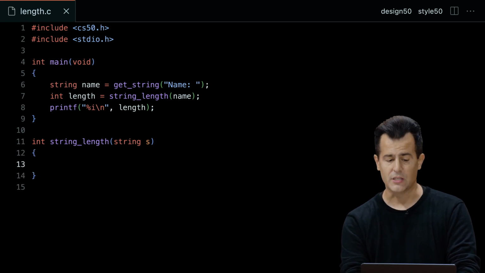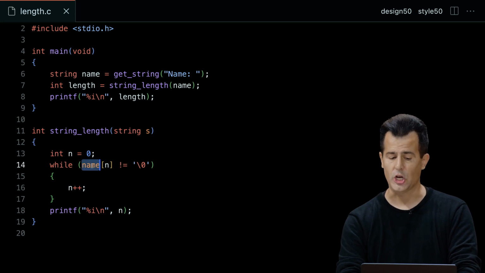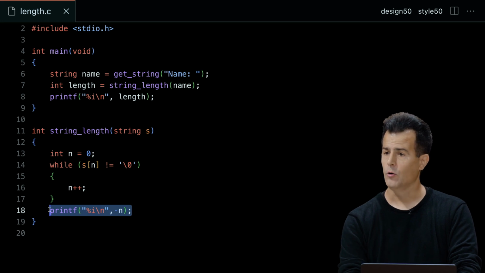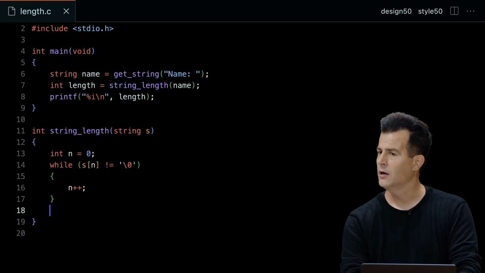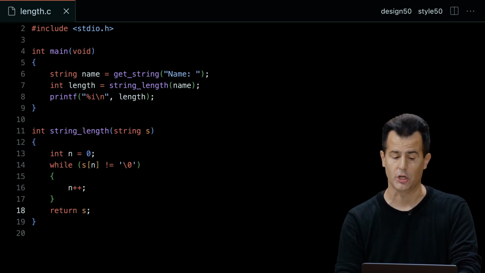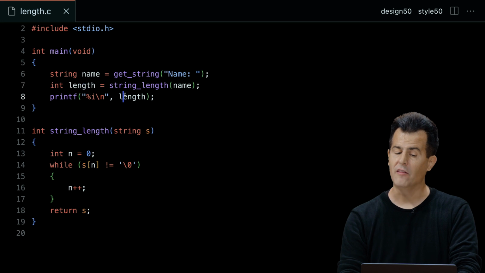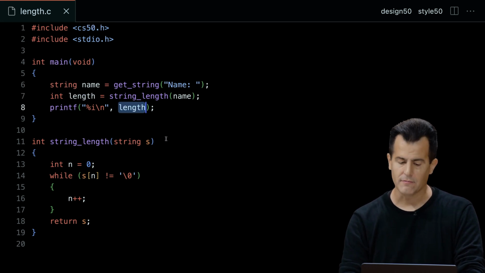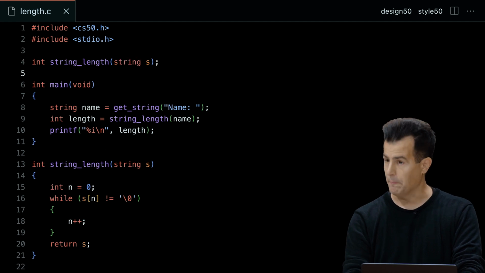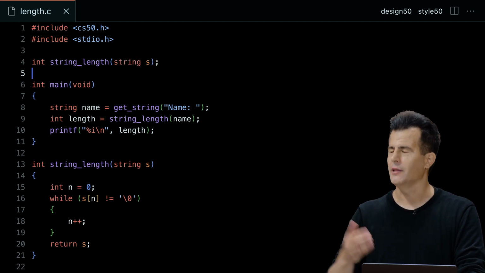And then inside of this function, honestly, I think I can kind of copy paste that code from before. I just need to change name to s, and instead of printing n, what do I want to do at the very last line here? Yeah, so return s, hand it back to whoever is using this function so that it gets passed from right to left, stored in this variable, and then printed. There's one thing I have to do. Again, it's kind of silly, but copy paste the prototype at the top of the file so that the compiler knows about it. But I think now I've created my own string length function that can just figure this out